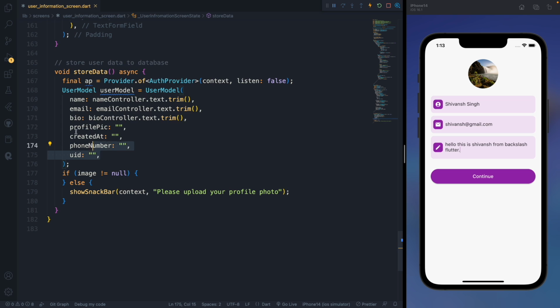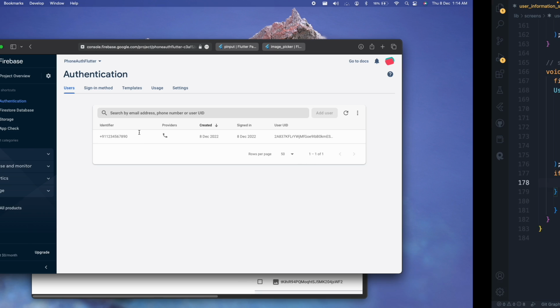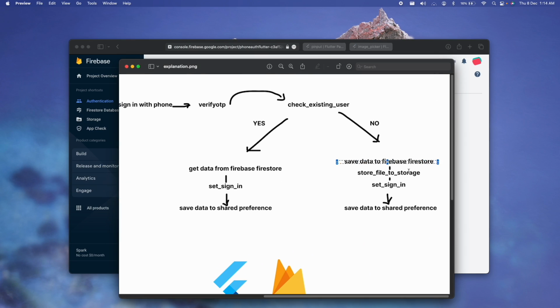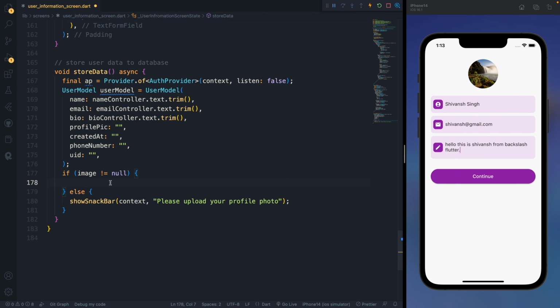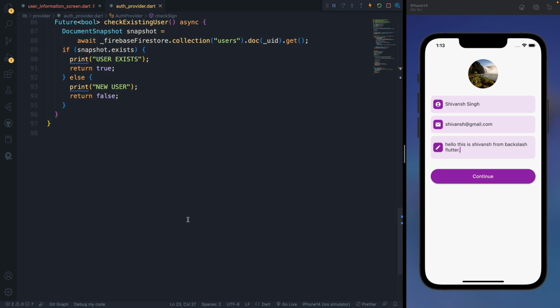Okay, so we can come back here where we have the function. So this user model will be updated with the name controller, email, bio. But what we are going to do with this user model? So in this, if image is not equal to null, which is true right now because we got the image here, then first of all, where we have the diagram, we will save the user data to Firebase Firestore. So this will be something like ap.saveUserDataToFirebase. This function is currently not present, so we will go to our auth provider,